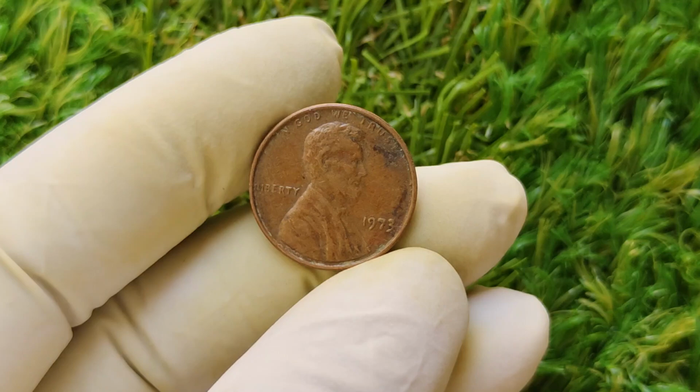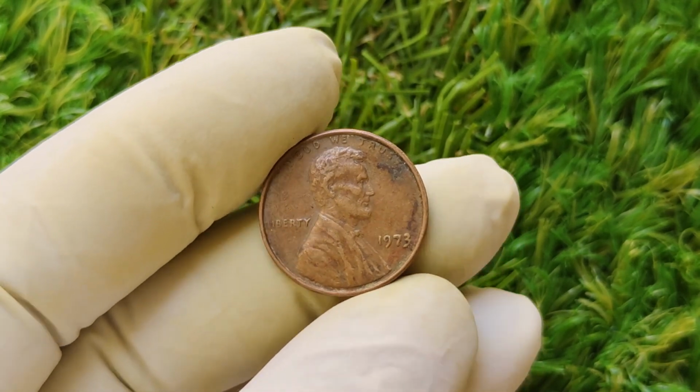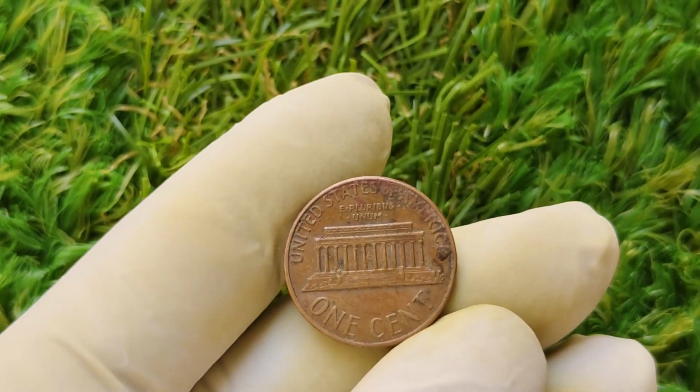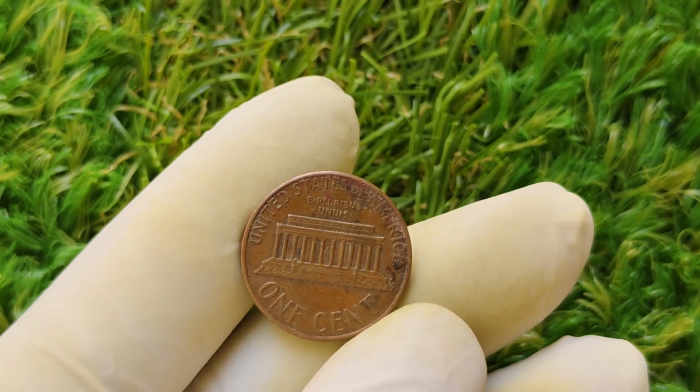If you think you've found an error, it's worth sending it in to a professional grading service to get an expert opinion. So, what's the current market for these coins? In 2025, collector demand for Lincoln cents remains strong. While common circulated coins still trade for face value,